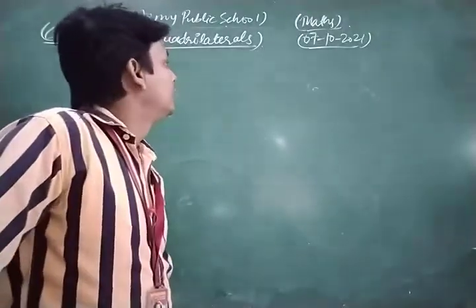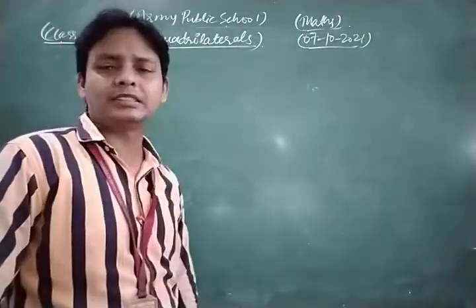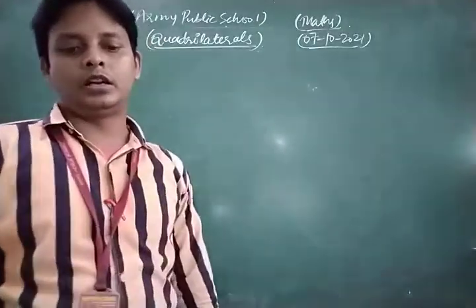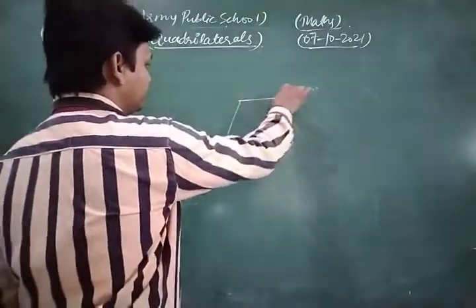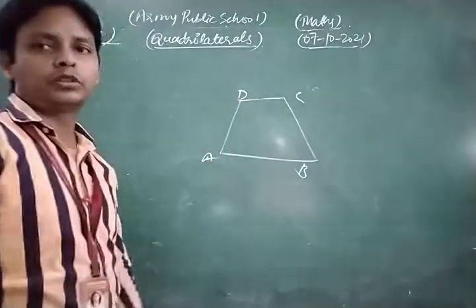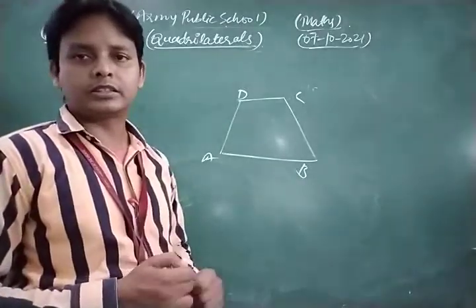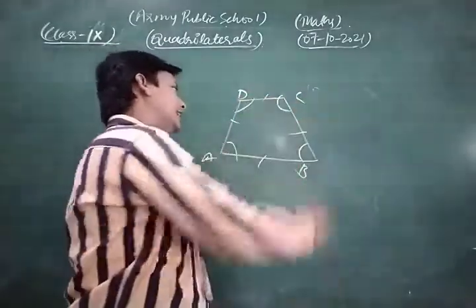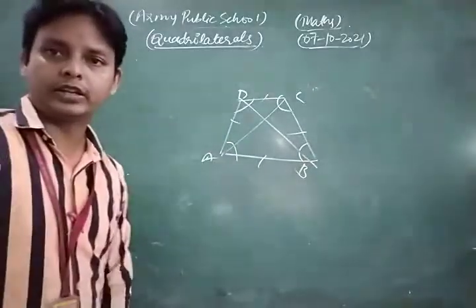Okay, now first we are going to take and discuss a very important question. But before discussing some important questions, first of all we discuss what quadrilaterals are. Dear students, a region bounded by four line segments is called what? Quadrilateral. A quadrilateral has four vertices, four sides and four angles, and two diagonals, AC and BD respectively. Okay, so this is the concept.